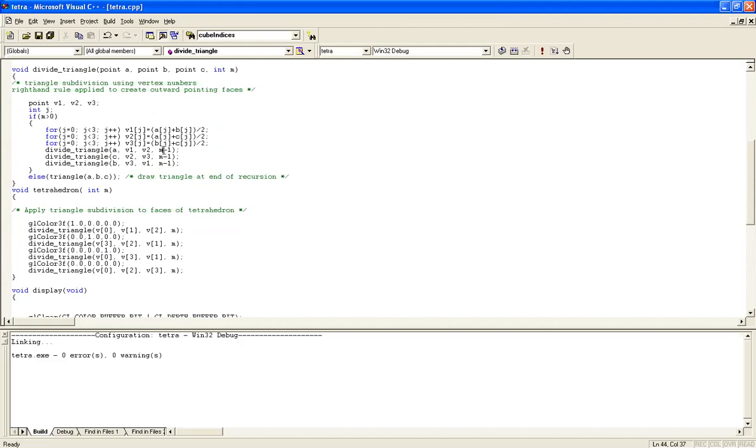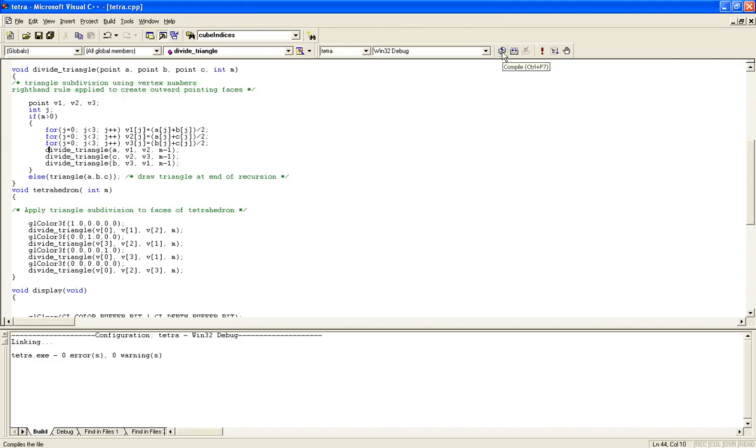Whenever I say recursion, I need to see the number of times I need to do the recursion. This is only one time we are doing the recursion. In general, this is going to suit only when m is 1. But when m is 2, if we don't apply the recursion, we cannot divide the given triangle again and again. So 2 minus 1 is 1, and it will do 2 times. That is what m is 2, number of divisions. When I say 3, this is 1 time and the rest 2 times. When I say 4, this is 1 time and the rest 3 times. It is going to divide any given triangle.